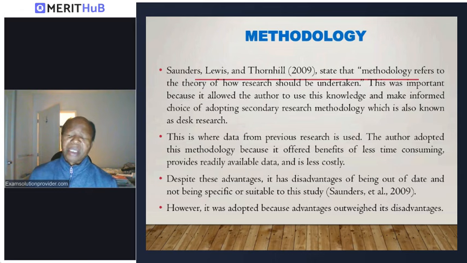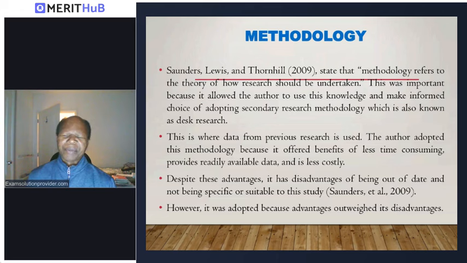So you can see he's justifying why he has used the secondary research methodology, which is desk research. He says the source of his justification is these authors, Saunders, Lewis, and Thornhill. Now he says this is where data from previous research is used. So he's defining what secondary research is, and the author adopted this methodology because it offered